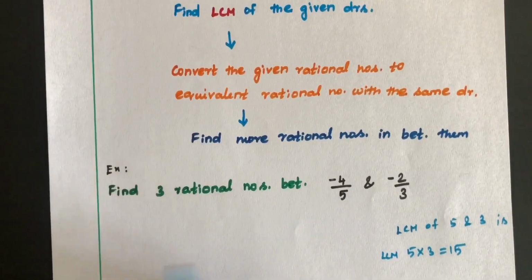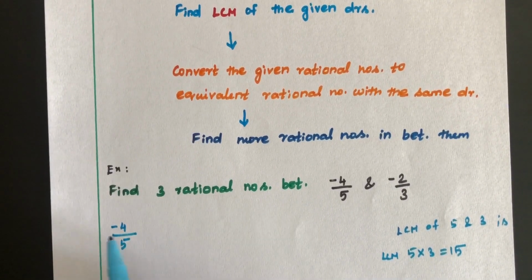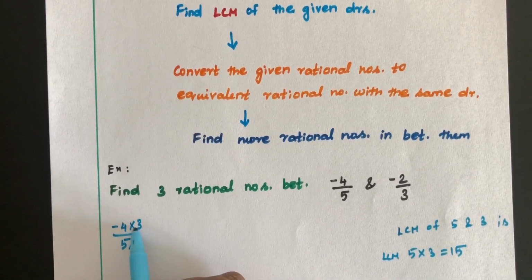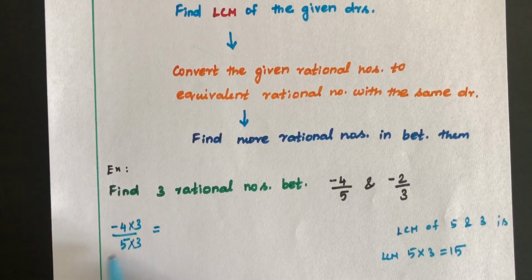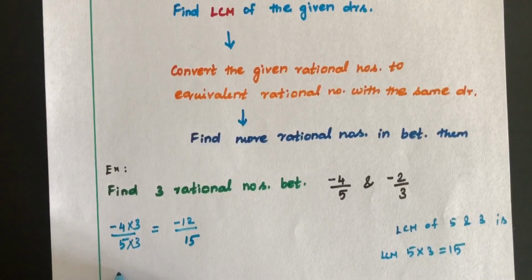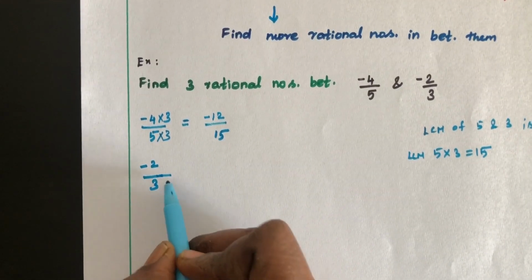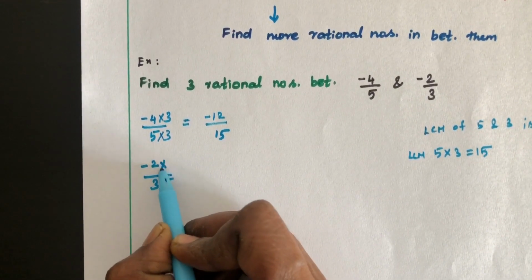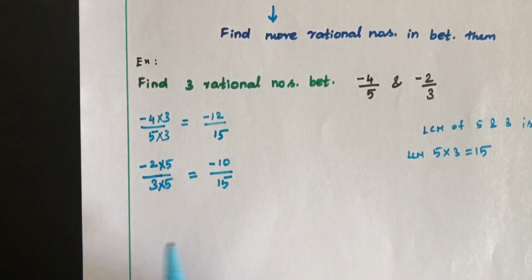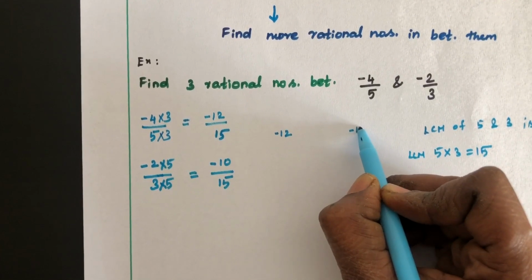Now we are going to convert this minus 4 by 5 into an equivalent fraction with the denominator 15. That means we need 3 only, right? Multiplying 3 with the numerator and denominator gives us minus 12 by 15. Now minus 2 divided by 3. To make the denominator 15, just multiply it with a 5. So here also with a 5. This is equal to minus 10 divided by 15. So now we have minus 12 by 15 and minus 10 by 15,